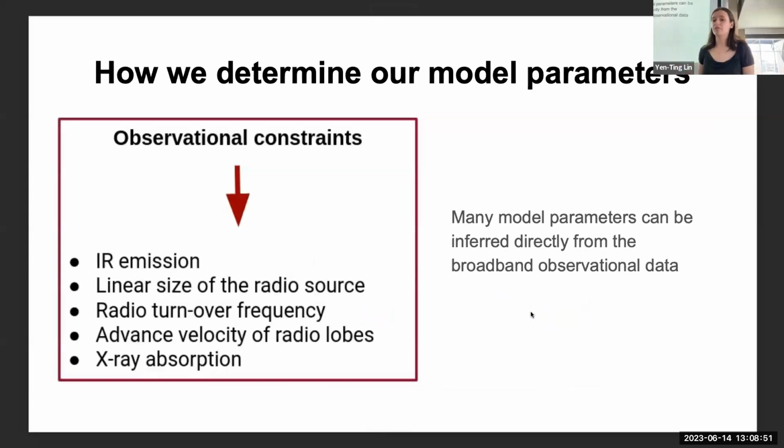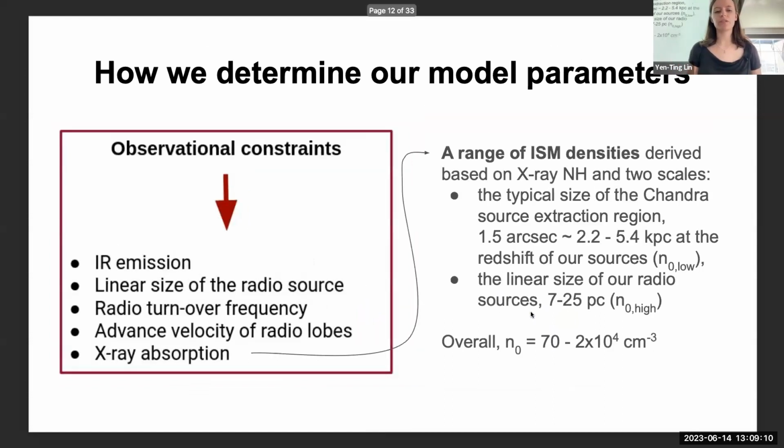So there are a lot of parameters in our model. However, some of them are directly observed. First of all, we directly observe infrared emission from the galaxy. We can also measure linear size, radio turnover frequency, and the advance velocity of radio lobes. Since we know the X-ray absorption, we can